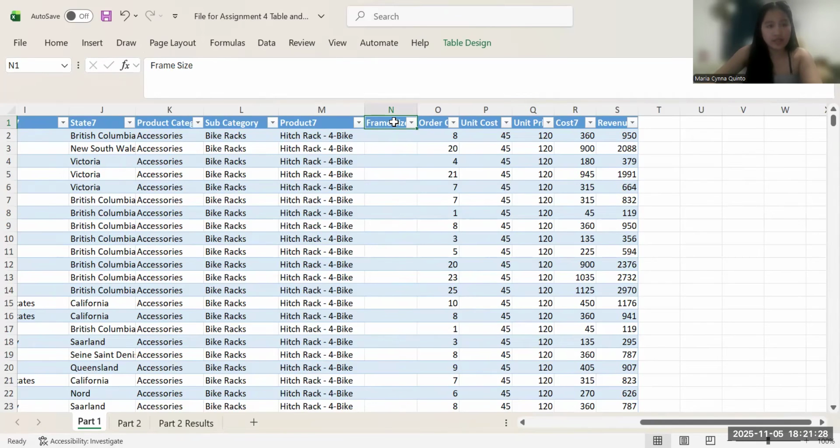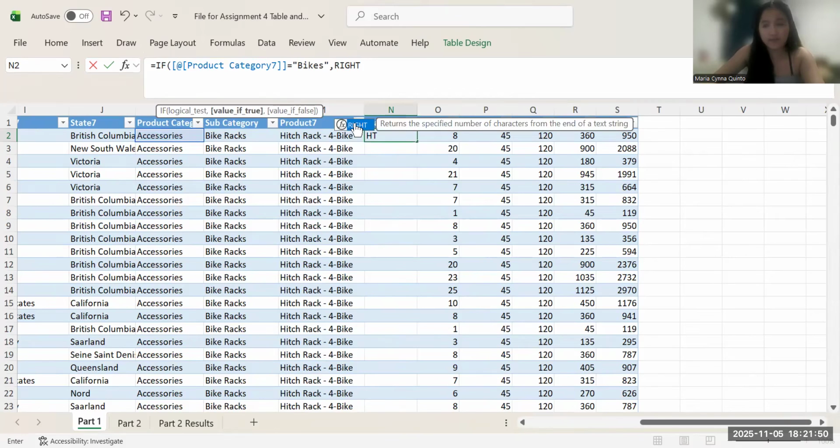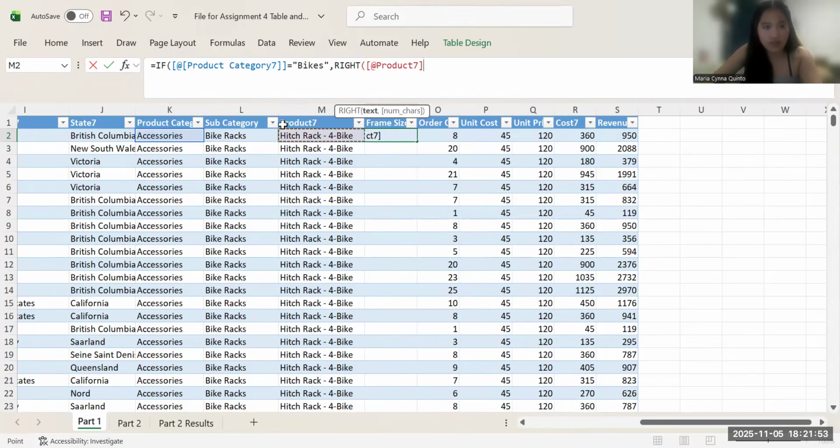So that's for N1. For N2, we have a formula, which is IF, and we want the product category, K2, equal to quotation Bikes, because we want to get the bikes, comma. And then let's click the product, which is M2, comma 2. Let's close that group, comma, quotation, quotation, and let's add another parenthesis to close every group. Click enter, and for the frame size, it shows us